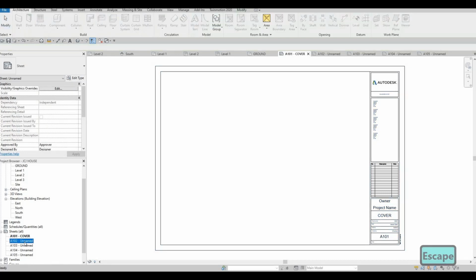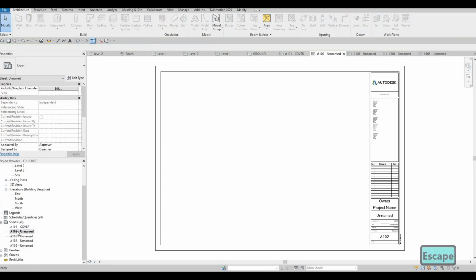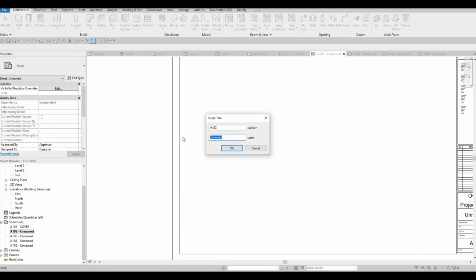You can also change it from here. So if you double click here, give me a second. You need to click it once, and then some timing, and then another click, and then it will be opening like that. First floor,